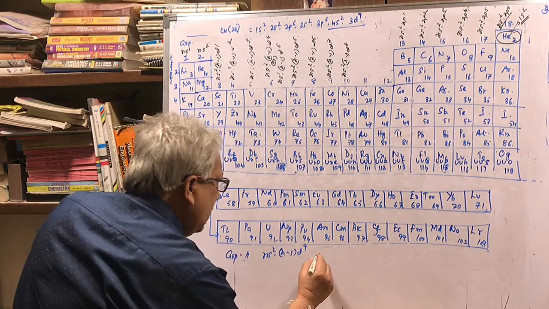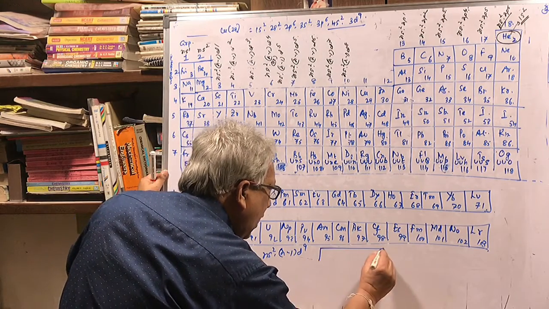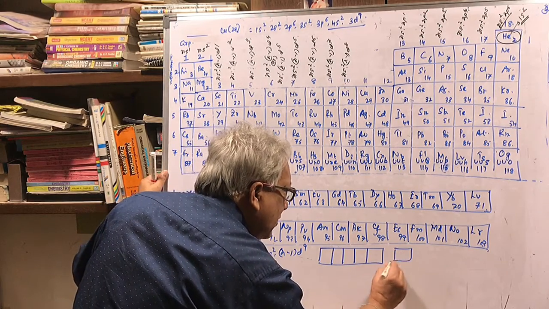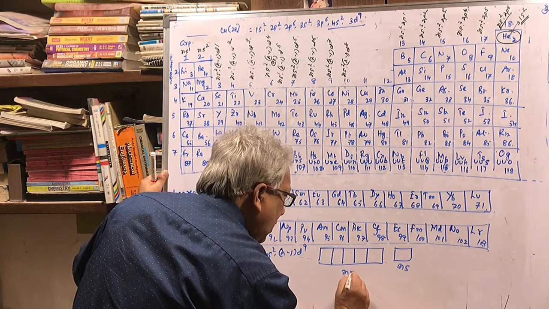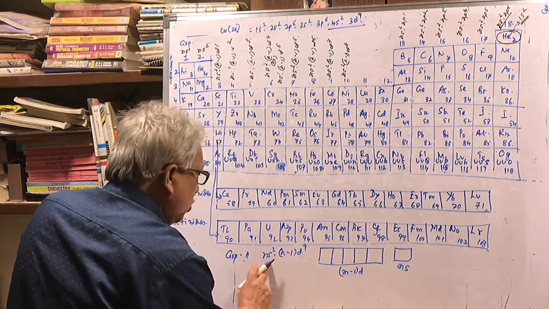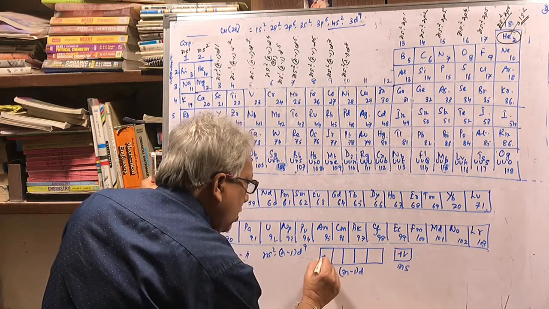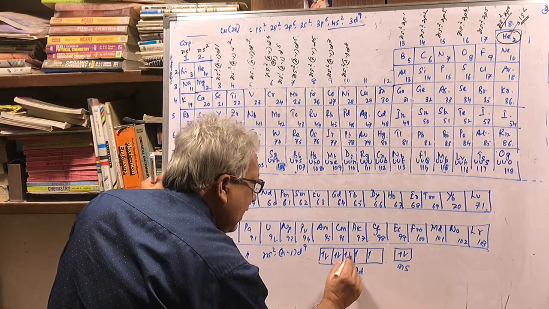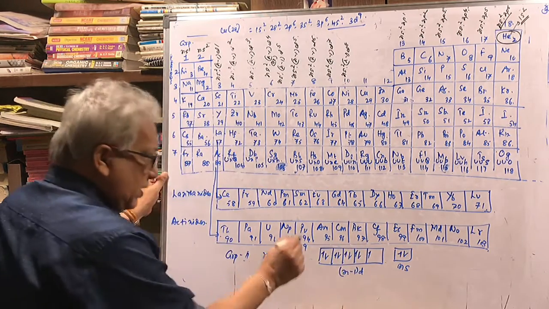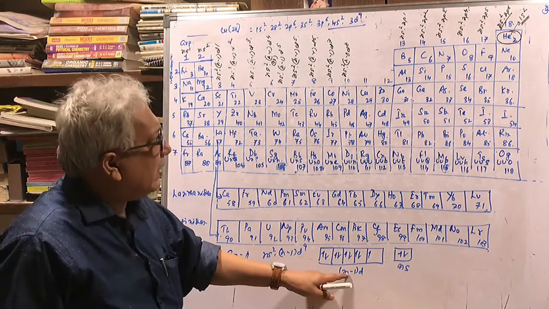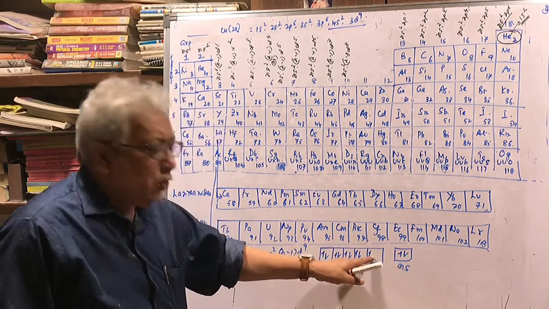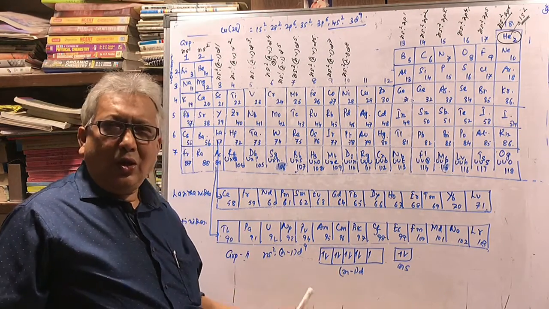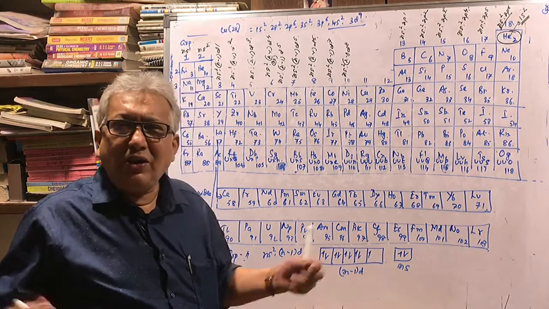So children, if you see it, it will be like this. This will be (n-1)d, 1 2 3 4 5, and this is ns. So it is ns2, and (n-1)d, 1 2 3 4 5 6 7 8 9. Same way, now (n-1)d will tell ns, if you give one electron over here, then this orbital gets filled up and your orbital will be half filled. So this will be completely filled, this will be half filled, it will give extra stability.